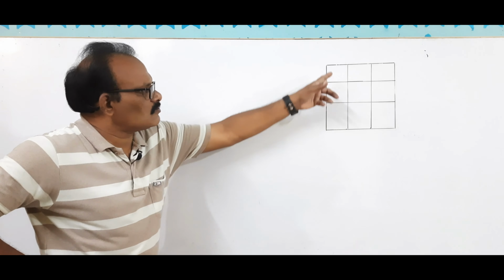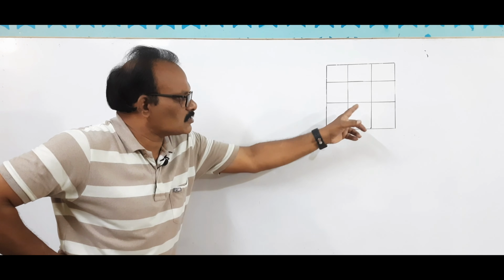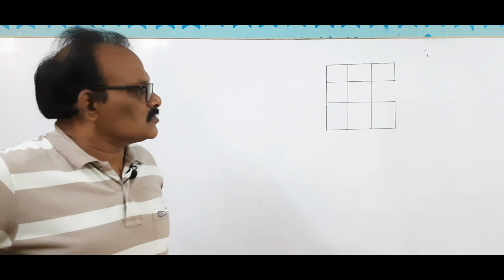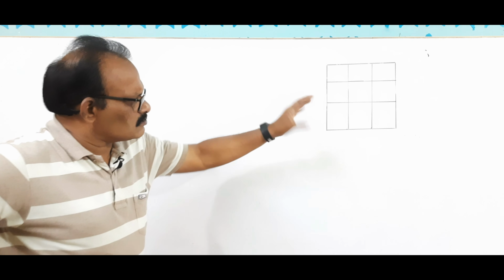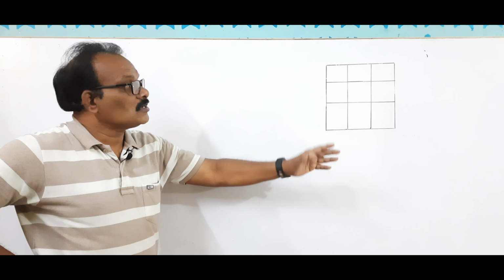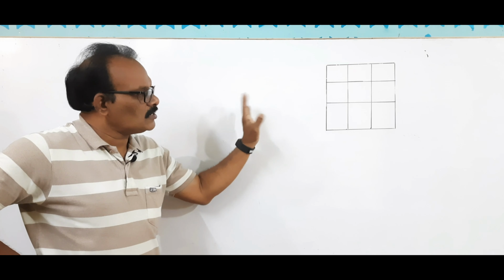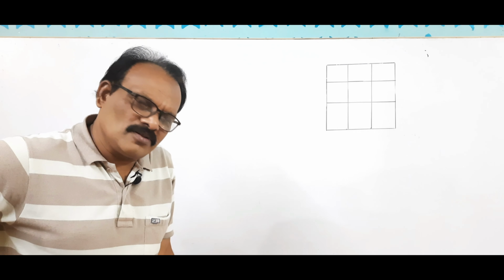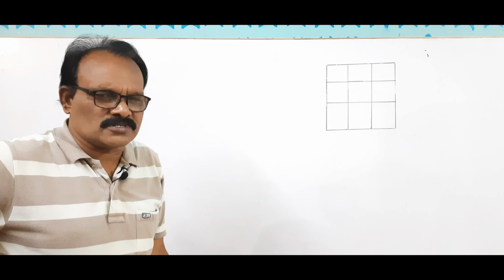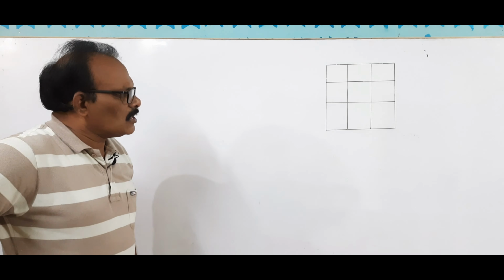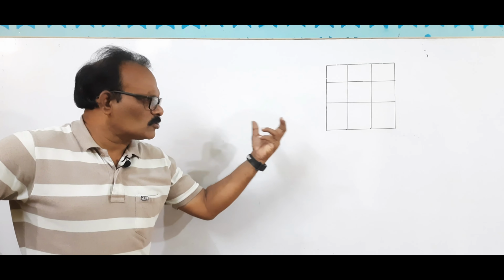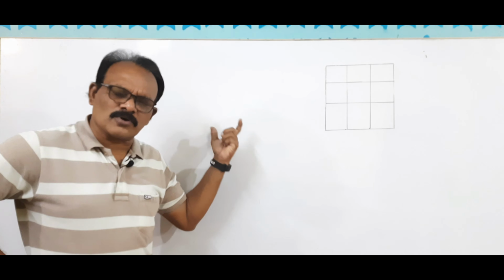Now, generally, what will we count? We will count just the outside: 1, 2, 3, 4, 5, 6, 7, 8, 9. That's all. But instead of counting, there is an easy trick. This is small, so we can find the answer by counting. But if we get a bigger square with bigger divisions, we may get confused about the exact number of squares or rectangles or triangles, whatever it is. I want to share a simple trick. However big the question may be, the trick is the same for all the questions.